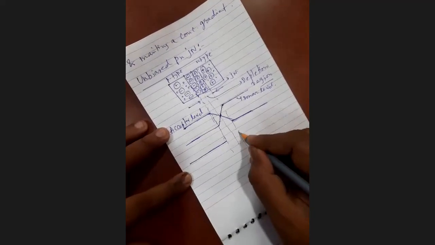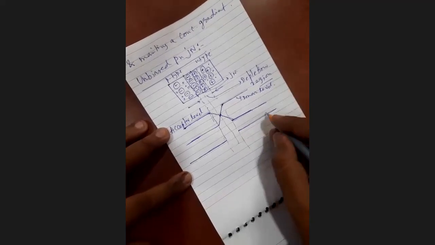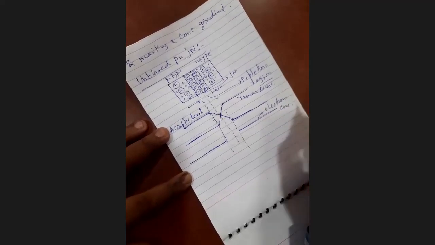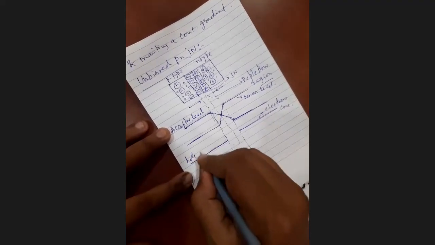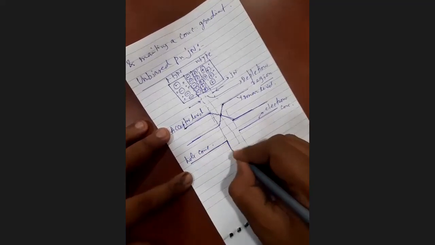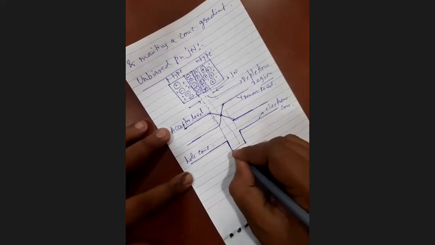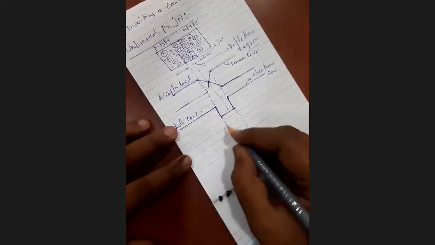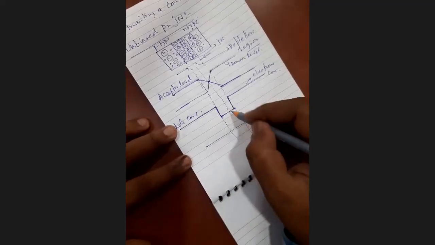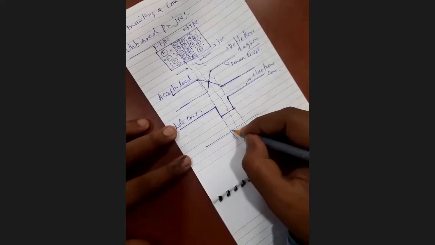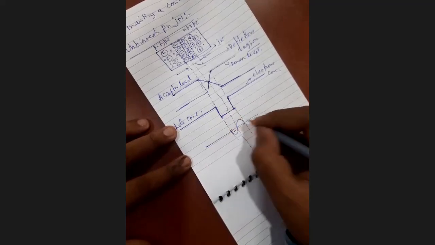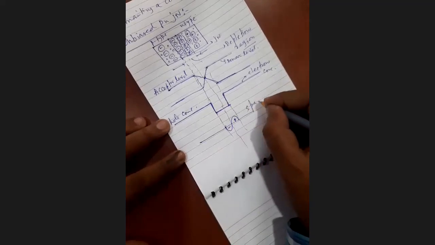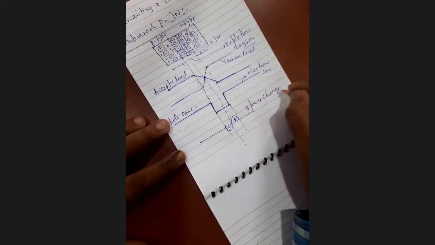Similarly, the electron concentration is very high on the n side, and for the p side, the hole concentration is very high. So at this region, it is considered like that. Okay. So if we consider again the space charge densities, it is negative on this side and positive on this side. So this is considered as the space charge densities.